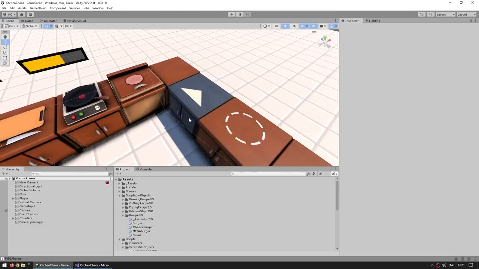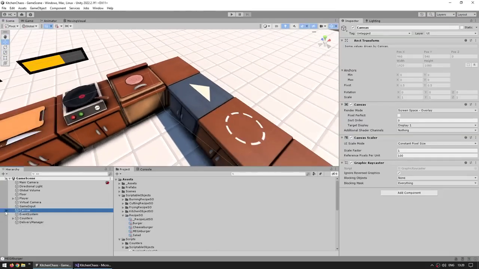So for that, over here in the editor, let's go inside the canvas. And by the way, let's click on the button to unlock the canvas. And this is actually the first time we're using the regular canvas. Quite a while ago we just created it, we didn't really set it up, so let's quickly do that. For the render mode, this one is meant to be a regular UI, so let's leave it on the screen space overlay. Then over here on the canvas scaler, instead of constant pixel size, let's go with scale with screen